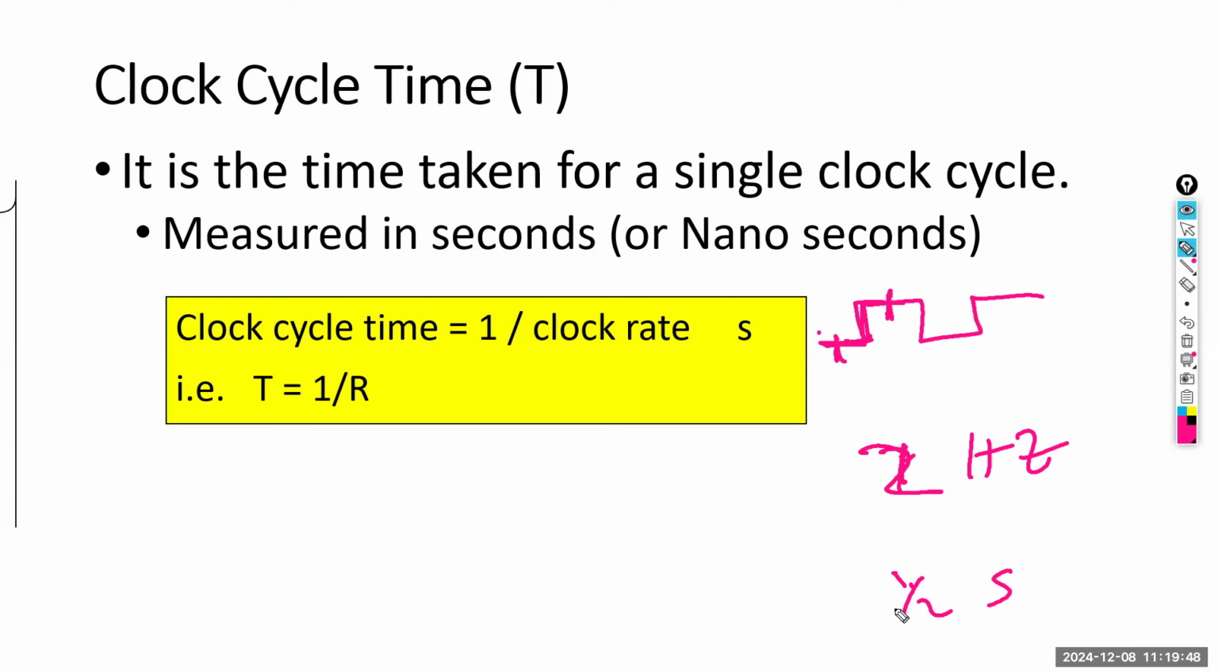Half a second. So you can see higher the clock speed, lesser the clock cycle time. So if it is 100 hertz,